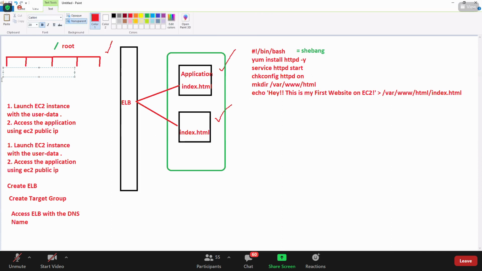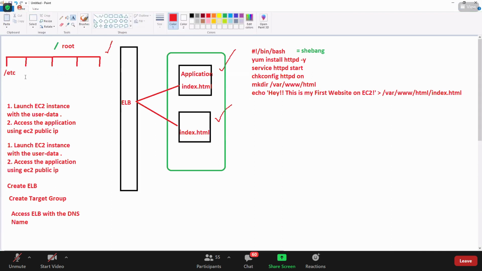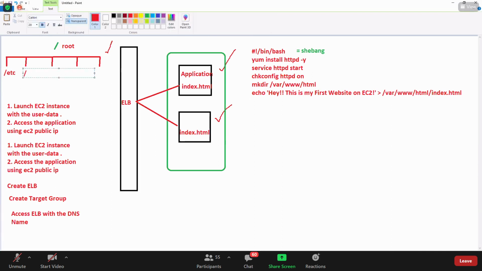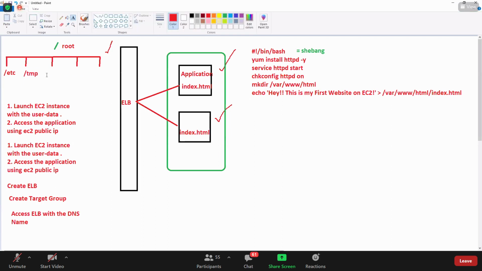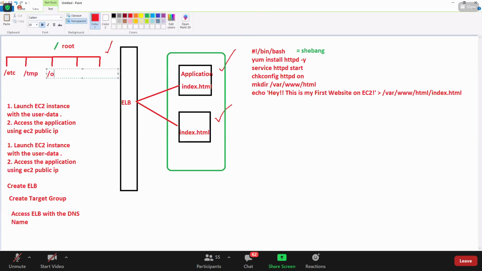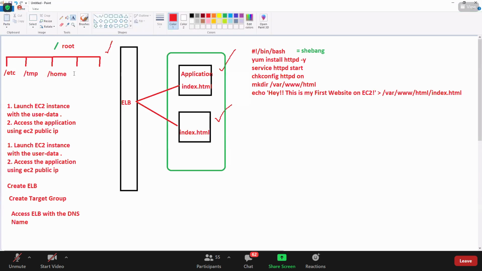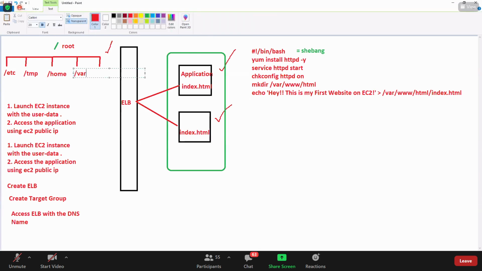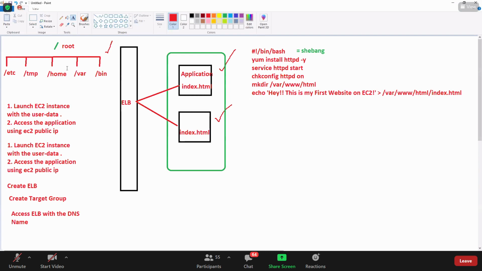So you might have something called slash etc, slash tmp, slash home, slash var, slash bin, whatnot. There are so many. Everything is based on the directories here. Whenever you log in on your laptop, you will have your profile created.